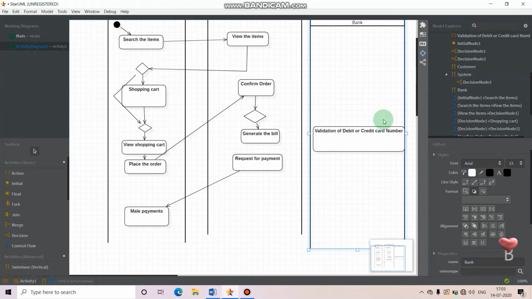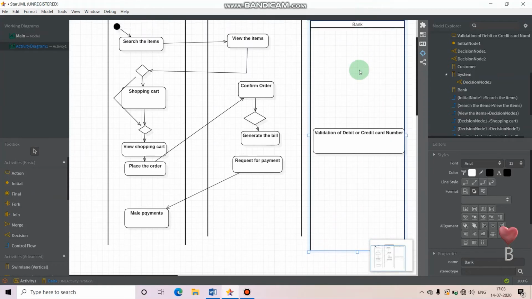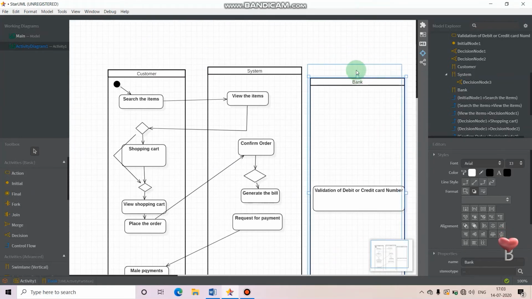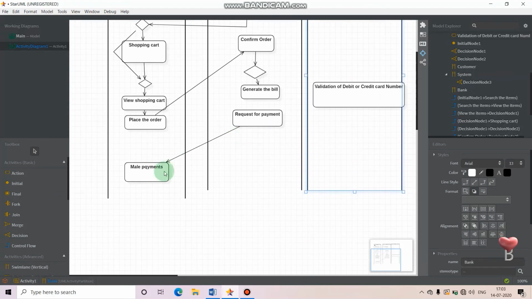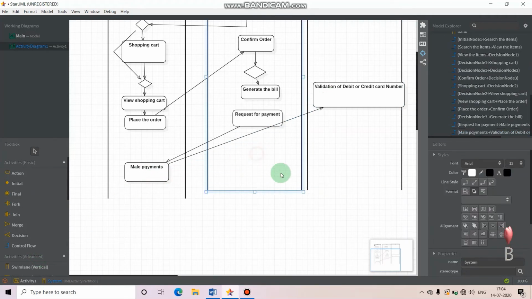Yeah, so you have to connect this one action with this and show the control flow like this. Okay,